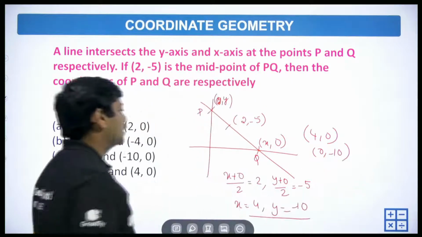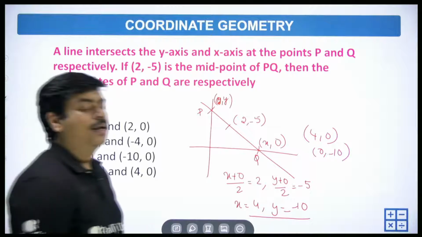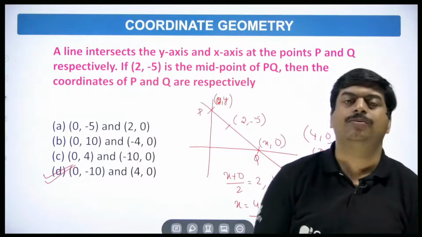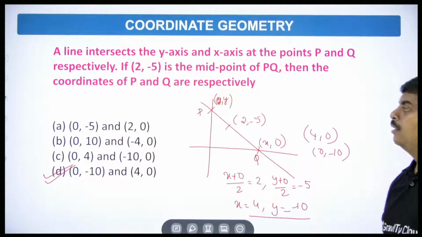So see which option matches that. 4, 0 and 0, minus 10. So that will give you option D as the correct answer. Right? So midpoint formula: x1 plus x2 by 2 and y1 plus y2 by 2. It's a very straightforward question. The next one,